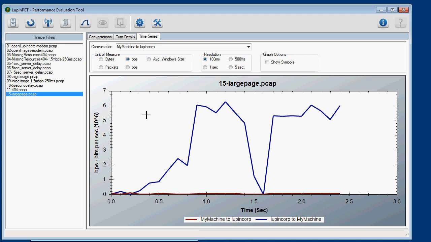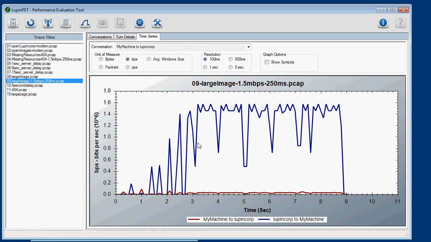I can also do some tests with this, say using a network emulator, and I have one of the traces from earlier when I looked at the same page using network emulator, and this shows an example of going to the same page but across something like a connection between US and Australia, and you see now the transfer took 9 seconds for the same amount of data. You see here I actually had the emulator set up to transfer at 1.5 megabits per second,